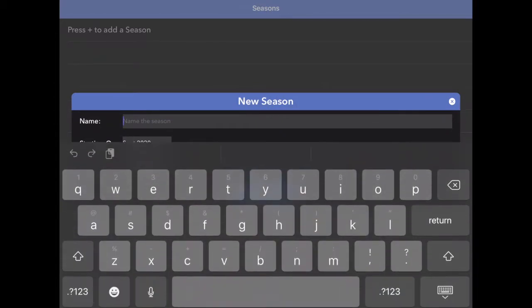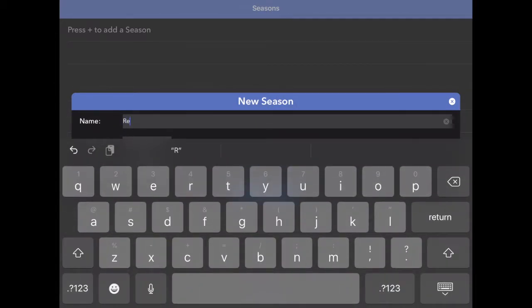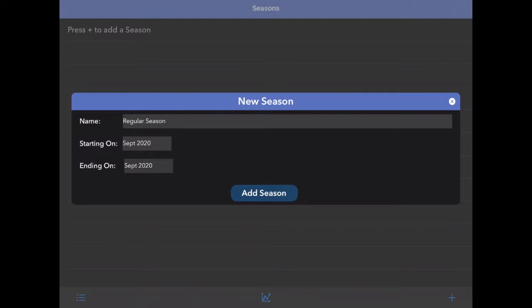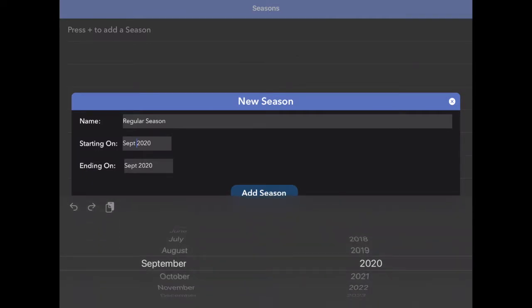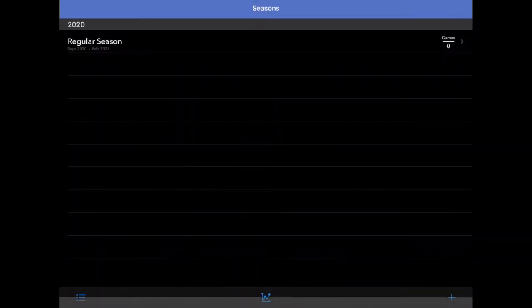Doing that will present you with a screen to name the season, which I'll just name regular season. And then you can provide the start and ending date for the season that you're recording. This season, being a regular season, will start in September. I'm going to tap on the ending on, where I can now choose that it's going to end in February of 2021. Once you've got your two dates set, you can hit the Add Season button, and that will create the season